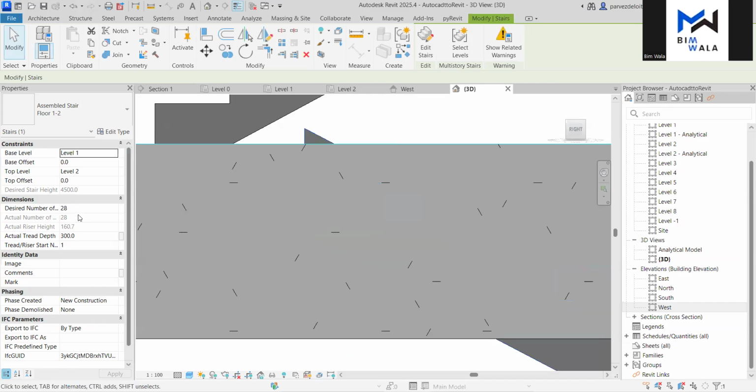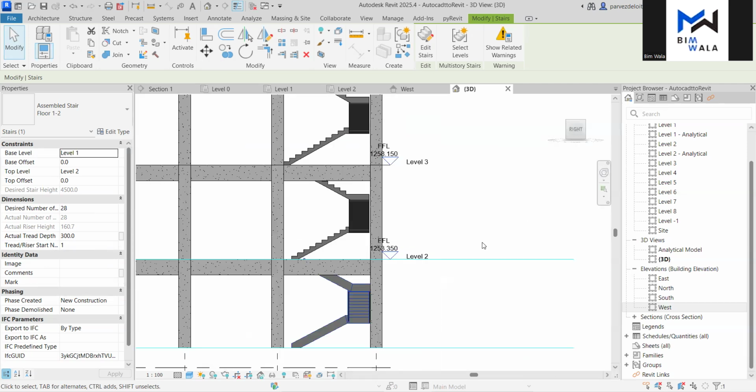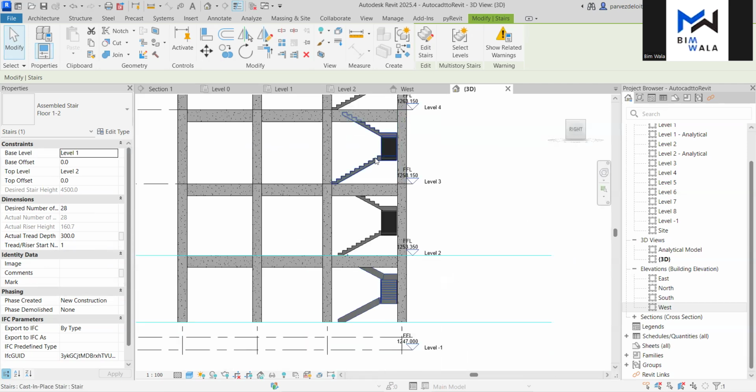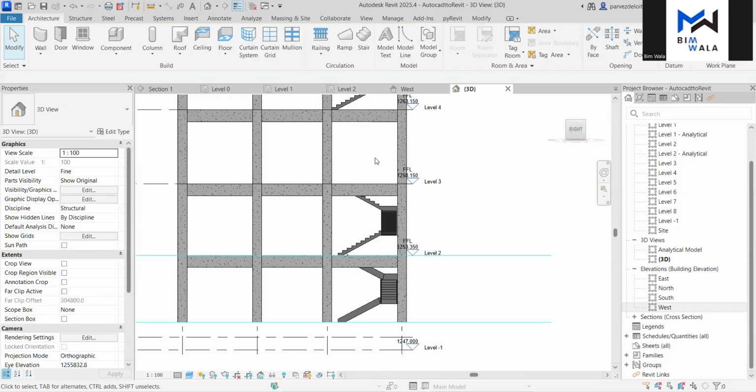And here we see desired numbers are 28, actual numbers are also 28. Actual riser height is 160, actual tread depth is 300, right? Similarly, if, for example, I need to make a staircase over here, I am deleting this. Okay, I'm also deleting this,